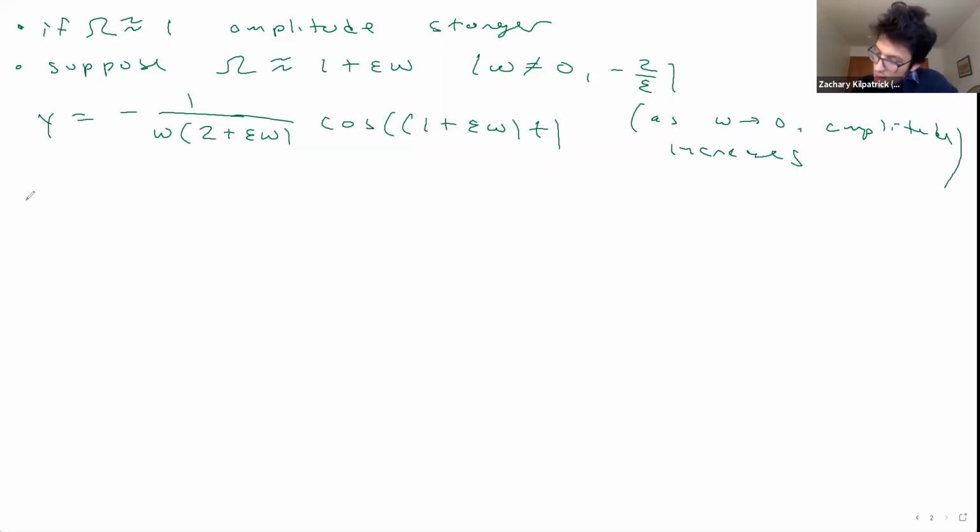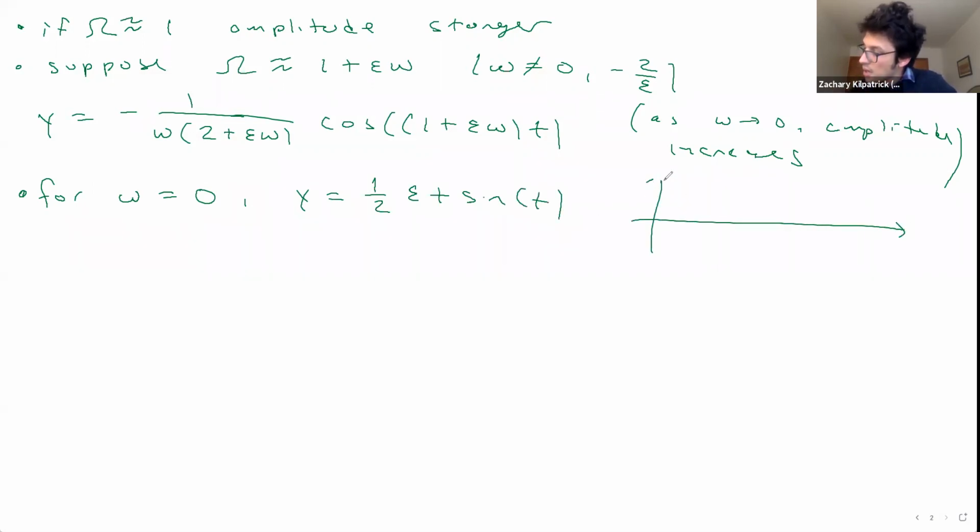And now in the special case where omega equals 0, remember that we have a true resonant solution, something like this. All this buildup basically gets us to the point that for a resonant solution and for a near resonant solution, we should expect to see